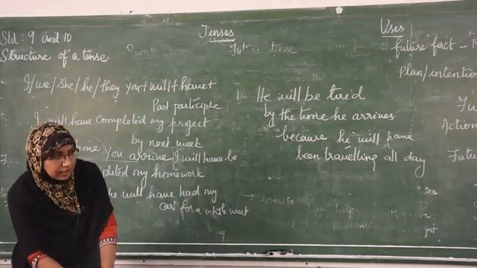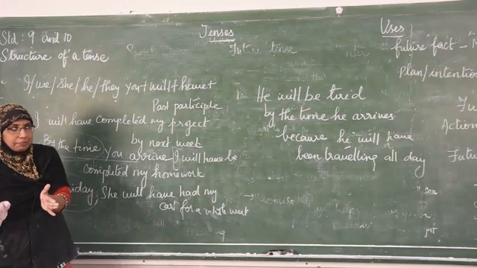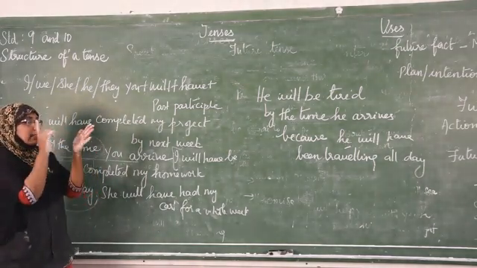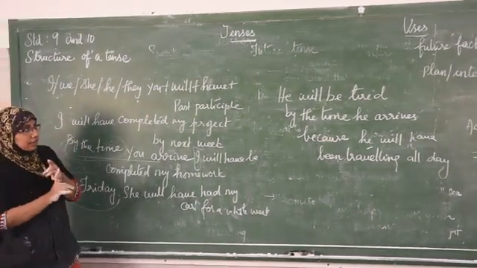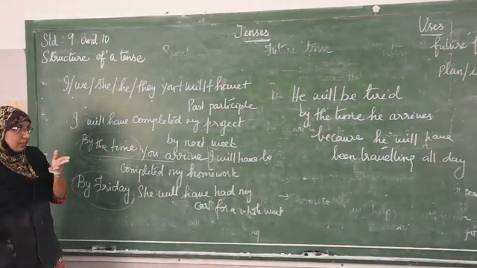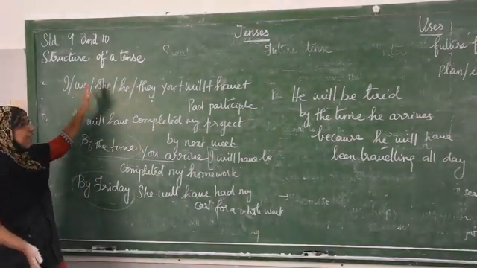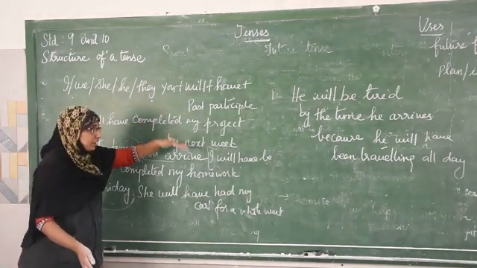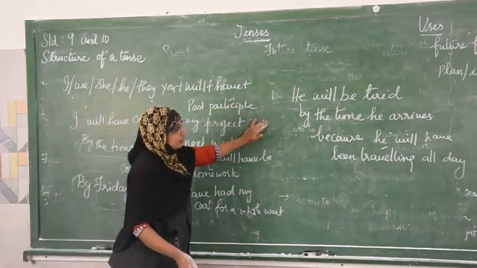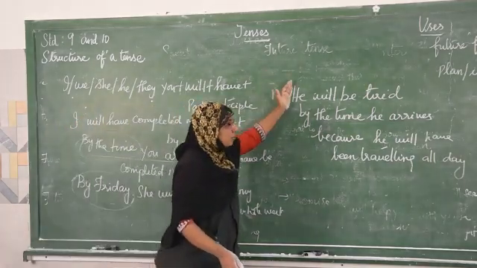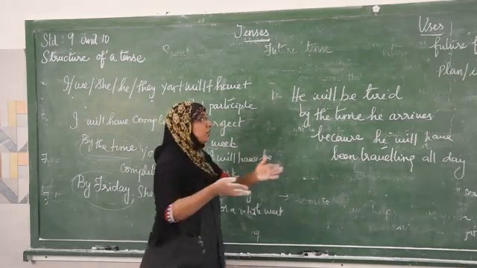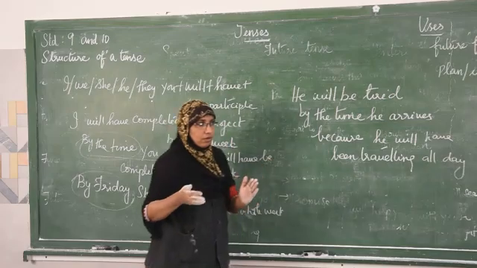Working for 10 years now. So the simple future tense refers to an action which is going to take place in the future. Sometimes the simple future is represented by the present tense or present continuous tense. Clear? Future continuous tense refers to an action which will be in progress in the future. Future perfect tense, the action will have been completed sometime in the future before another action takes place. Future perfect continuous tense, it will be a cause or the duration of time. So what will be the cause here? You will be tired because you have been traveling all day.